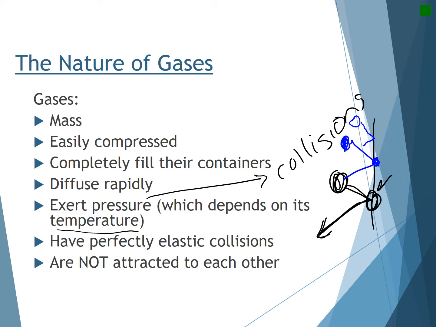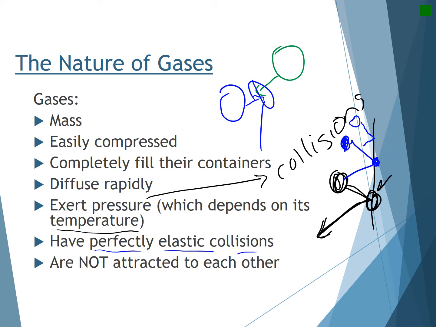It has perfectly elastic collisions. Now, this is not actually true, but a perfectly elastic collision is when two particles collide and bounce off each other perfectly, and no energy is lost through heat when they run into each other. Normally when we bounce a ball, some energy is transferred to the floor through heat, through friction, whatever. So it ends up losing all the energy it had, and it eventually stops bouncing.